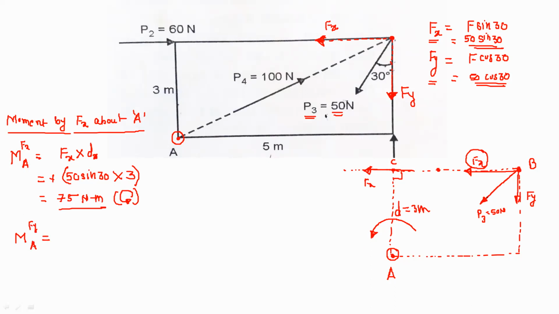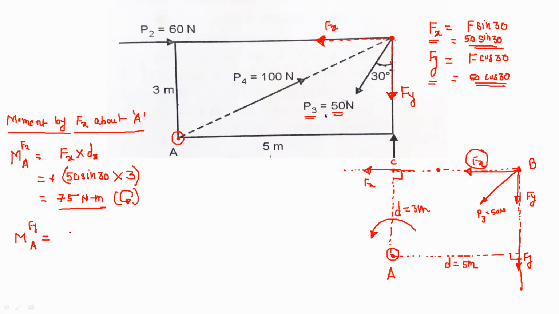Okay. So Fy is acting here along the y direction. To find the perpendicular distance, just extend this line of action. We can assume any force anywhere along this line of action, so I can assume the force is lying here. So this is your Fy. Now draw the perpendicular from point A on this line. So this is the line which is perpendicular, and this distance is directly the perpendicular distance. So it is equal to 5 meter.